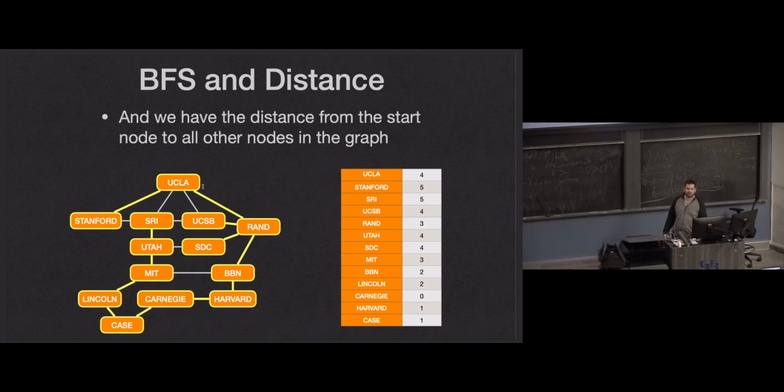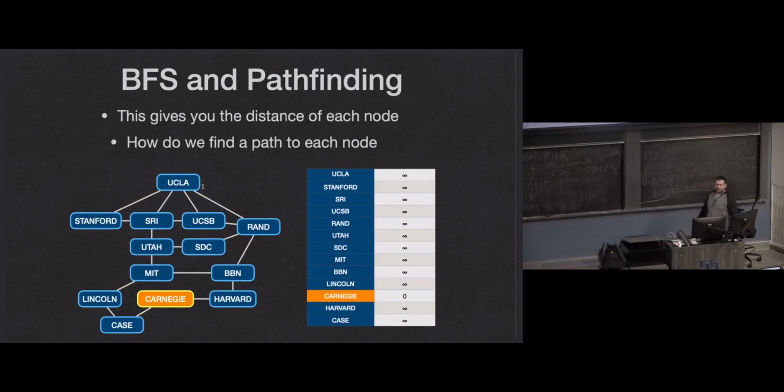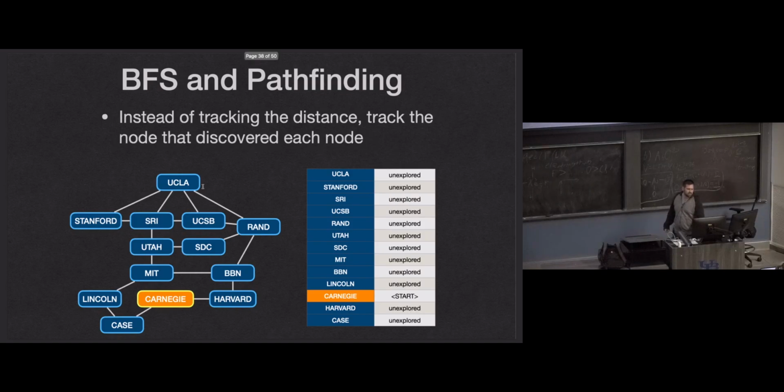Distances are cool, but what we really want is pathfinding, right? So how are we going to use this information? How are we going to use breadth first search to actually find paths? That was fine for distance. But for paths, let's change this map a little bit. And instead of keeping track of distance,